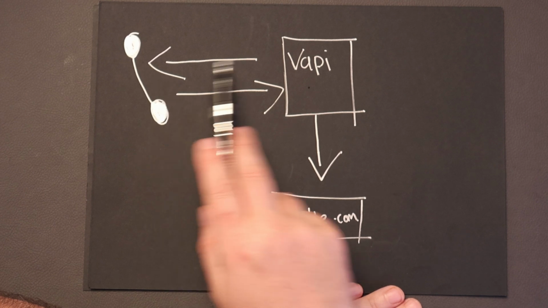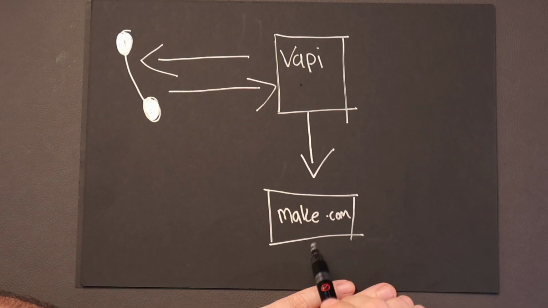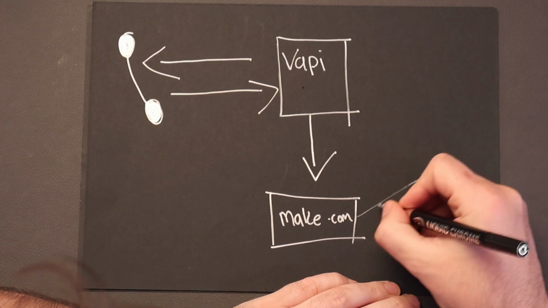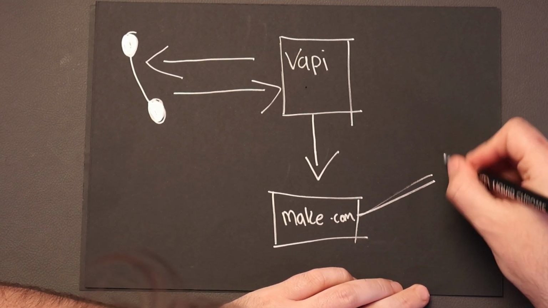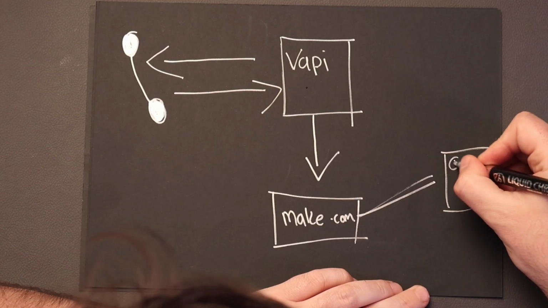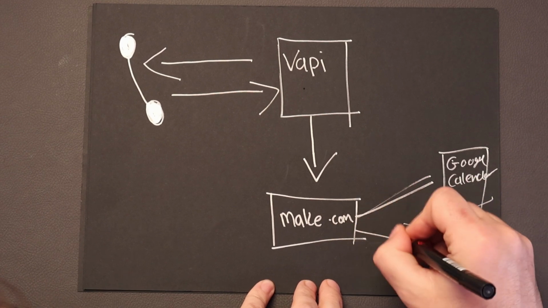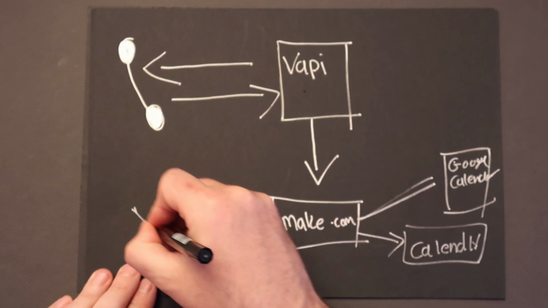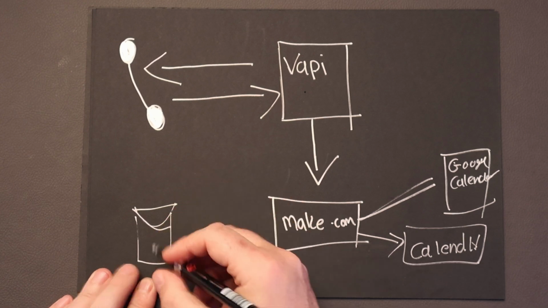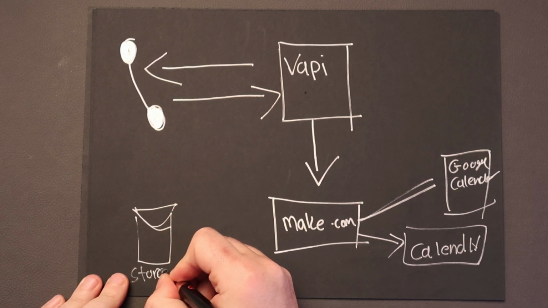Well, basically what would happen is maybe the system decides that the prospect is worth setting up a discovery call with a real person, or if it's a table reservation and you want to book something with them on the phone to confirm the booking, you go into Vapi, and then Vapi will trigger an automation in Make, and then Make will connect to, for example, a Google Calendar. So let's put that here, Google Calendar, or it could be Calendly. So it could connect into Calendly, or we could have just storage, for example. Some plain storage. So Google Calendar, Calendly, or storage, and that's effectively how it works.